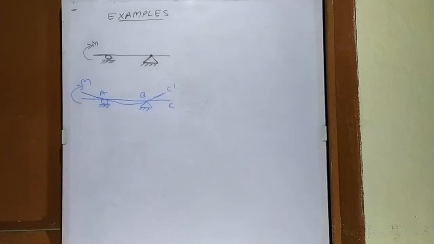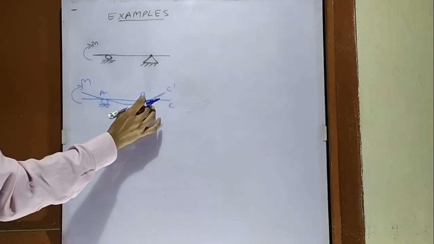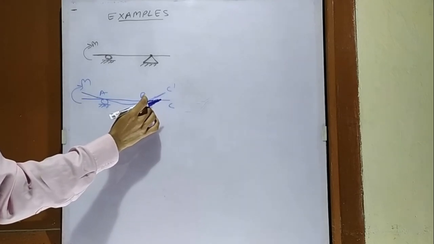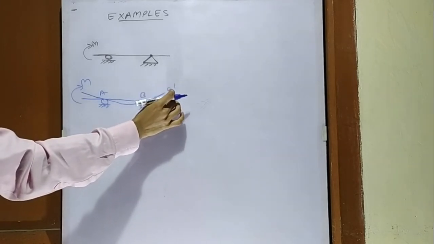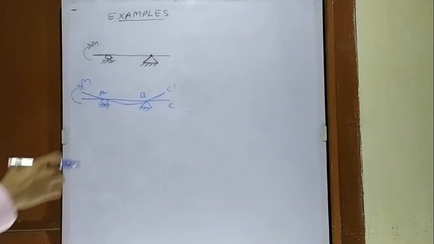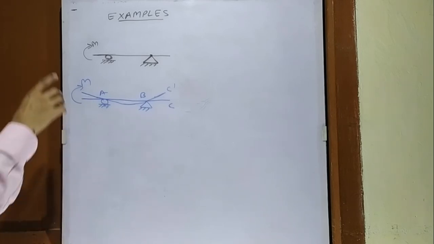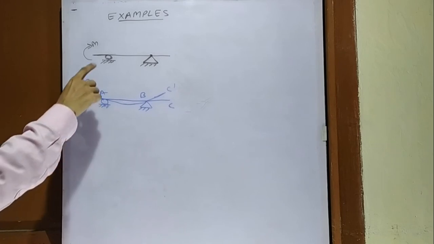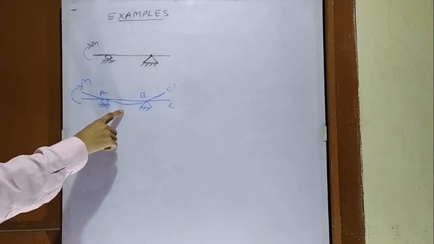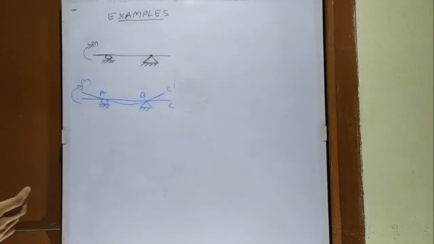So this is a very important case, because if we know the slope at point B, we can easily find the slope at point C. Just use simple geometry and we will get the slope at point C. So this is another example of deflection and how we can get the slope. We can get the deflection by just measuring the ordinate, and we can also use the equations which we will see in our next videos.